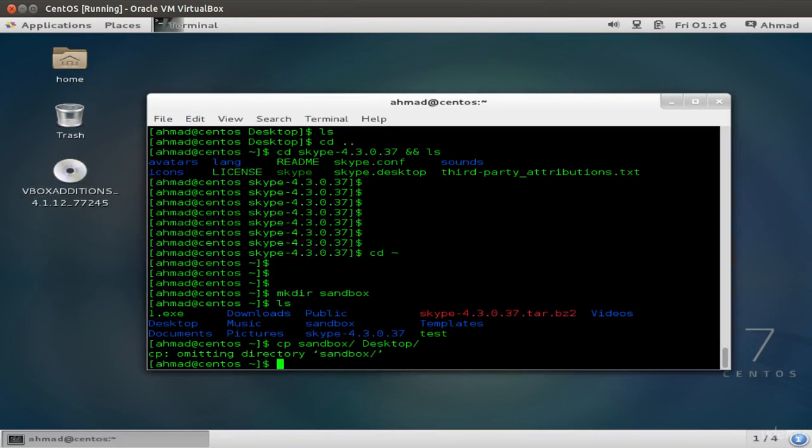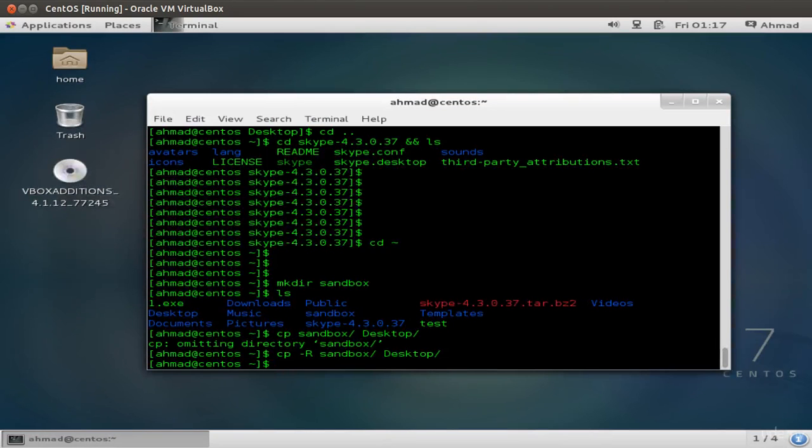So now I'm going to use the recursive switch, which is -r, to get the directory copied from one location to another. Now you see that the command has been executed successfully, and we can see that the sandbox folder has appeared onto the desktop of user Ahmed. Now let's enter into this sandbox folder,